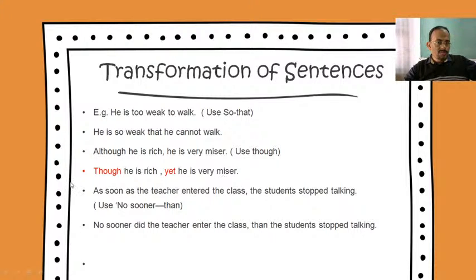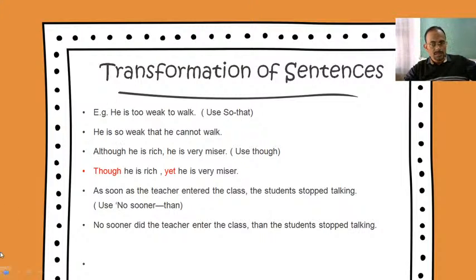So always remember, if we are using though, then we need to also use yet in the sentence. But when you use although, we do not need to use anything else in the second part, but with though we have to use yet in the second part. So please remember, because these are the examples which come under the category of transformation